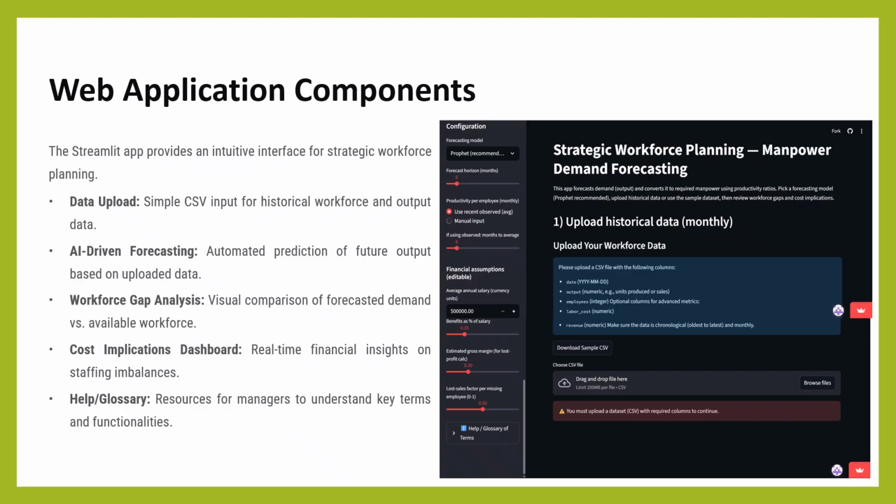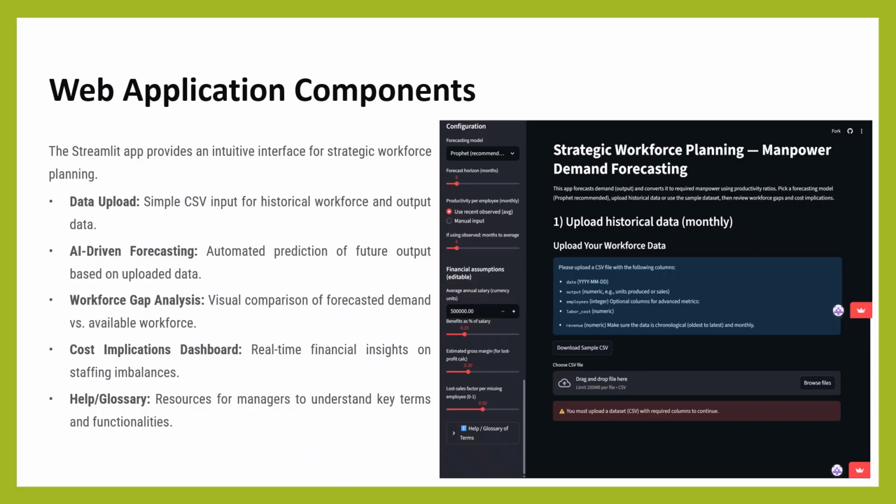Web app components and outputs. The final web application includes data upload. Users can upload a simple CSV file with historical workforce and output data. AI forecasting. The system predicts future business output using Prophet and other models. Workforce gap analysis. It compares required manpower with current workforce. Financial impact dashboard.